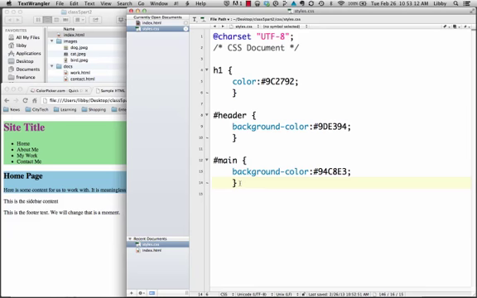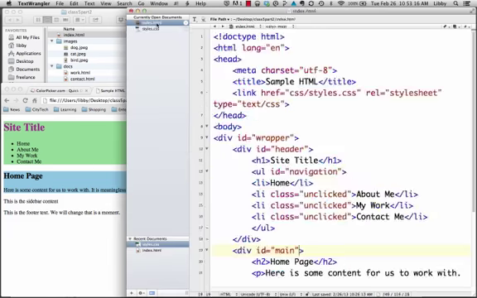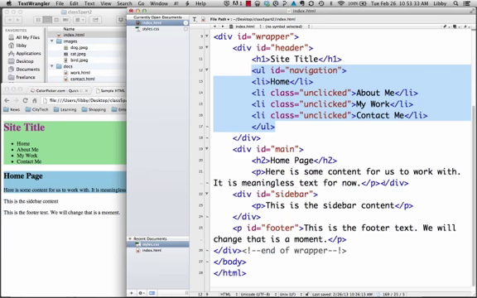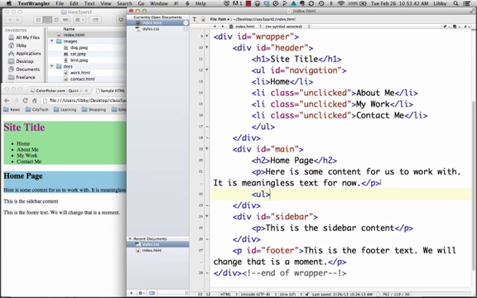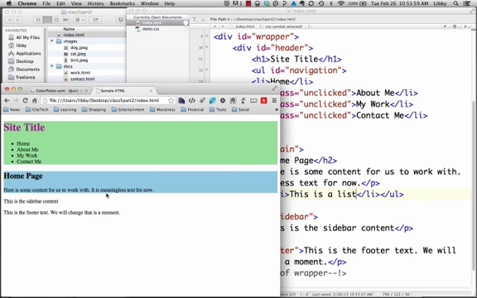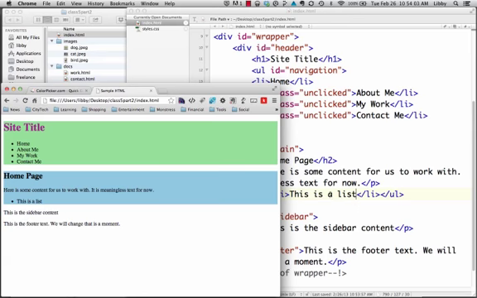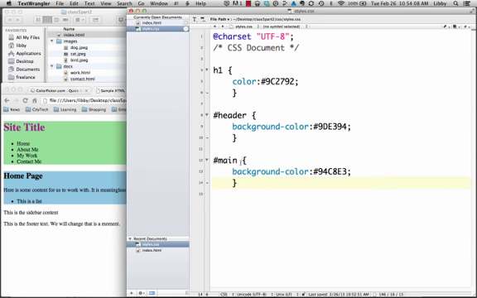Let's go back to the navigation. Let's look at the navigation in the HTML. First of all, the unordered list, the UL, has an ID of navigation. So even though there will be other ULs elsewhere in the page, like if I put another unordered list here, let me just write one very quickly inside the main div. I'm going to put in an unordered list. And I'll just put one list item. This is a list. There's our unordered list showing up now. Now, this one is not ID'd navigation. So when I go in and say #navigation,